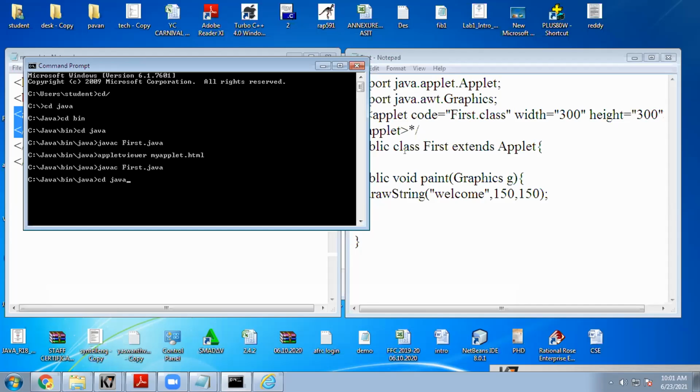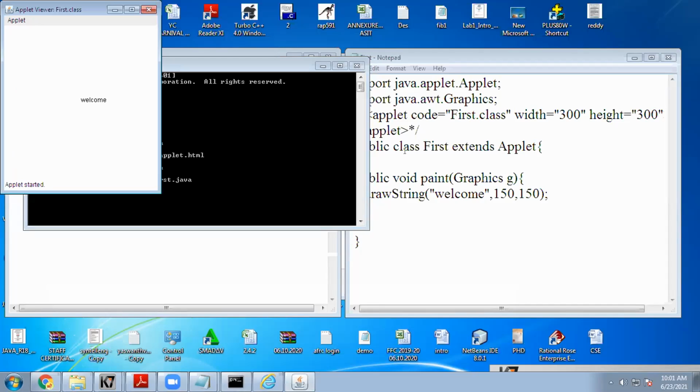Same applet viewer statement, but instead of the HTML file, directly our program first.java. Same output. Are you seeing this? Yes or no? Yes, sir. So this is the way to execute applet programs.